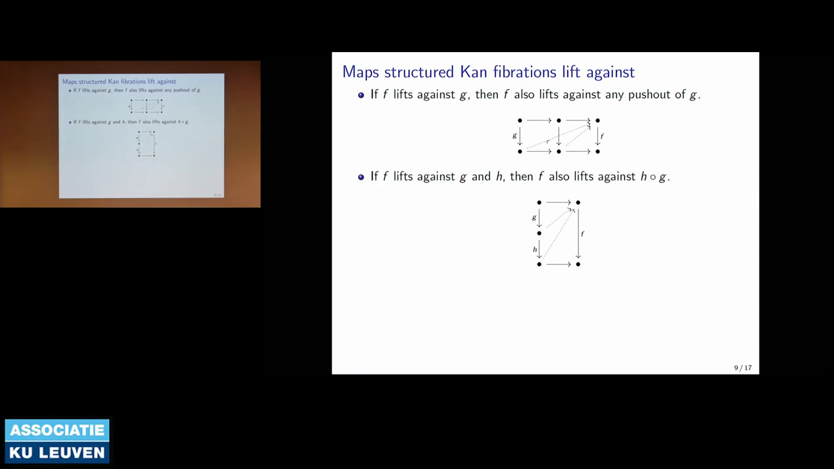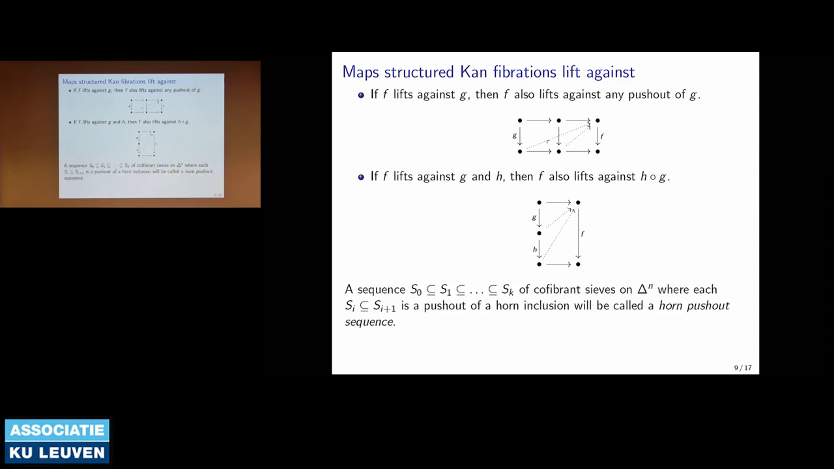If I have two maps, G and H, and I have favorite fillers against those, then I also have a favorite filler, in some sense, against the composition of these two maps. So if I have a square like this, then first I can take the composition here, and that gives me a favorite filler here, which makes everything commute. Then I have this square here, and I have a favorite filler there, which makes everything commute. So that basically means that if I have a sequence of maps, and I can write this as a decomposition of things which are push-outs of horn inclusions,